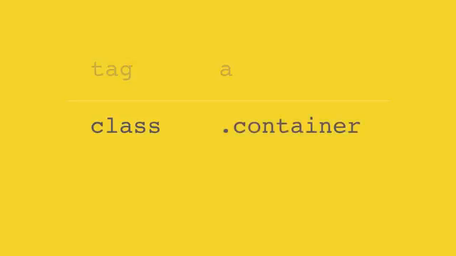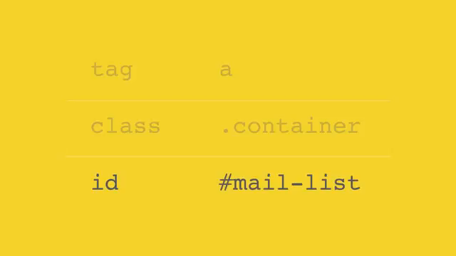So today we're going to revisit selectors and talk about a few more advanced ways to use them. So real quickly, let's review those other selectors that we learned. The first one was a tag, in this case an anchor. The second one is a class selector. If we throw a dot in front of the class name, it selects any element that has that class on it. And the third one is an ID selector. If you throw a hash in front of the ID name of any element on the page, that will be